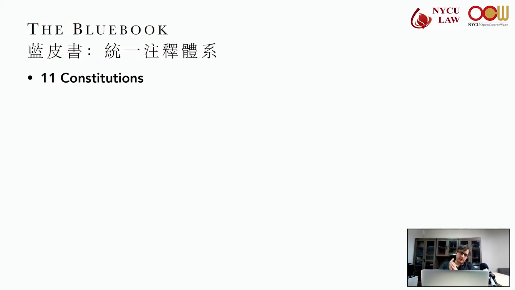So, constitutions. In Rule 11, we see an example of the U.S. Constitution, the 14th Amendment, Section 2. The first thing you'll see is the abbreviation of the Constitution, which is in large and small capitals. Constitution is abbreviated according to our rules.